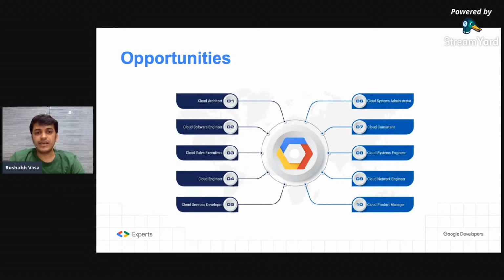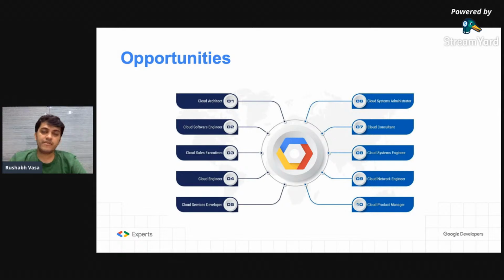And when you say it's all remote and it's all happening online, what is the one backbone of this entire remote or online thing? It is the cloud, because the infrastructure has to be remotely accessible. That's what we call the cloud. So cloud architecture designers are very much in demand right now. They are getting good pay.